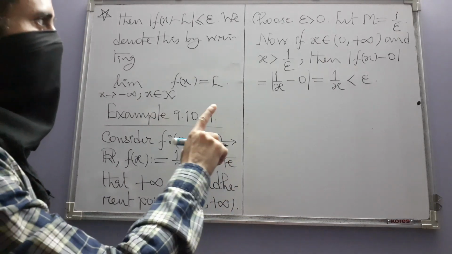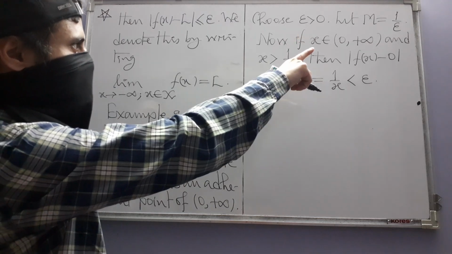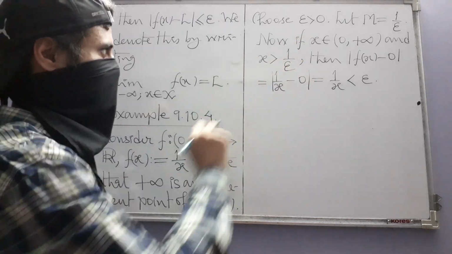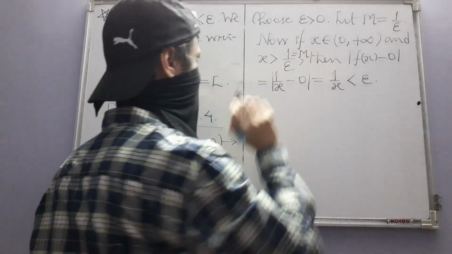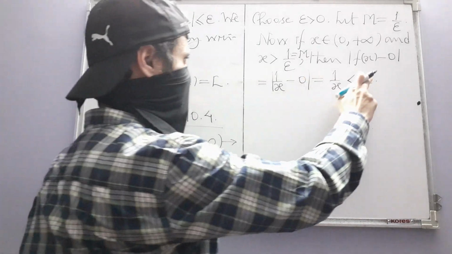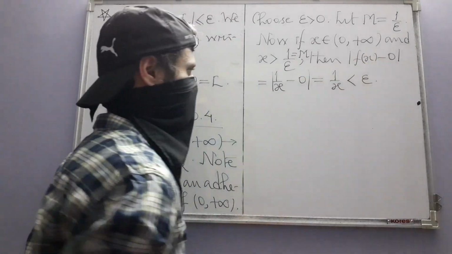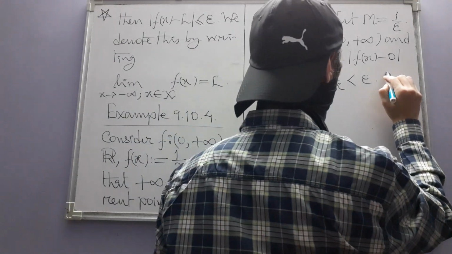But you see, what we have shown is that no matter what epsilon is, there exists an M such that if these conditions are true, you can write M here because we have given this a name. Then f(x) is epsilon close to 0, but then by our definition,